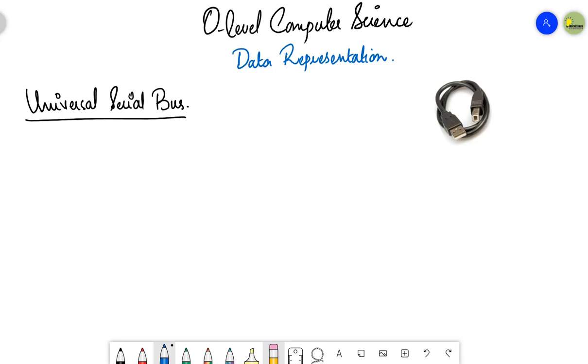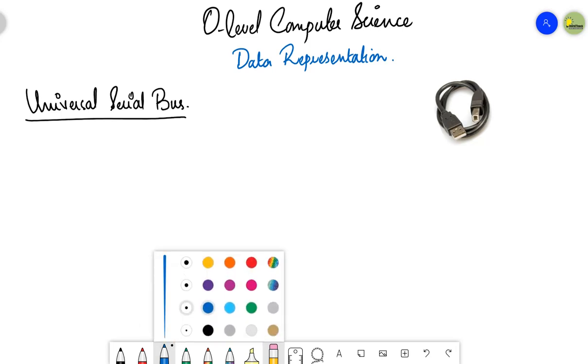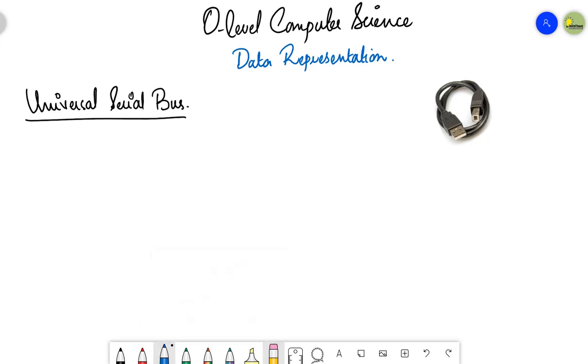So, in this video, we are going to see the Universal Serial Bus in detail. I'm going to discuss each and every point of Universal Serial Bus. So, first of all, let's start with the definition. Let me share the definition of Universal Serial Bus with you. Okay, so USB, which is the short form of Universal Serial Bus,